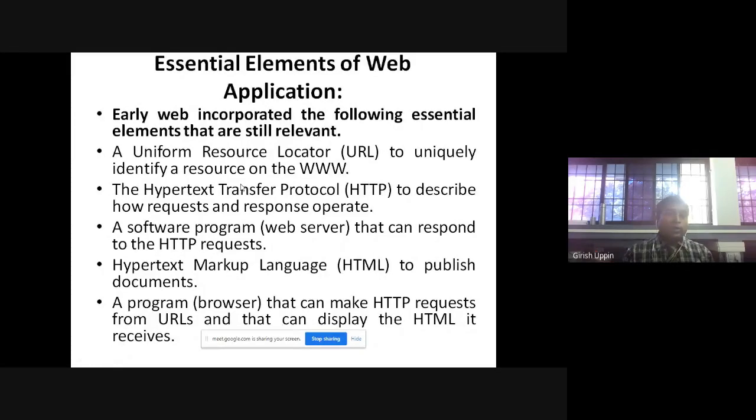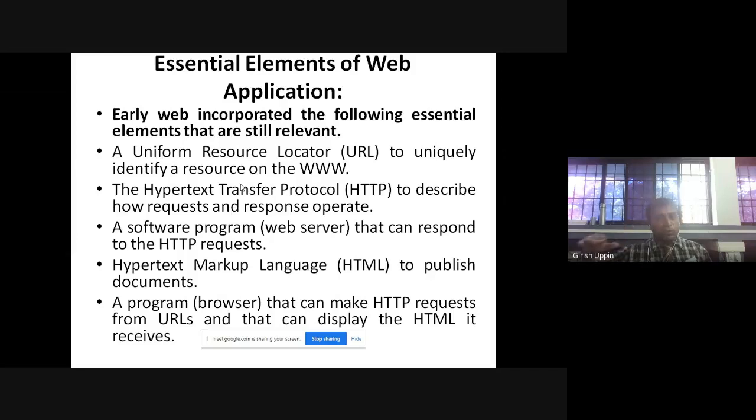So what are the essential elements of a web application? I told you when we talk about the web application, there are certain essential parts. Yesterday we briefly talked about what is a web application. We have a website or a web application, and you type a URL. What is a URL? Uniform Resource Locator. You type the URL, and when you submit, this URL will get resolved and identified with a unique IP address. The request will go there.